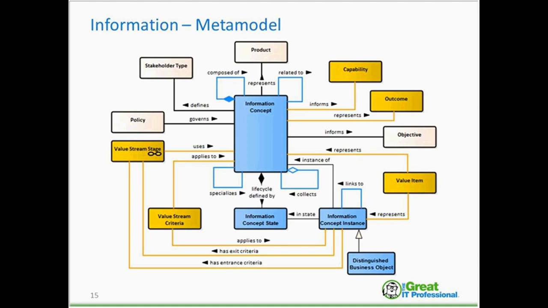So most of what I want to spend the rest of our time this morning on is showing you concrete real-world examples, as opposed to just talking about the academic theory behind it. But a little bit more academic theory here, which is a meta model that describes what is information in the BizBoc guide, and how might it be related to other things that are modeled in business architecture. So here we see the blue elements represent the types of things that are a part of the information model, so information concepts, aka business